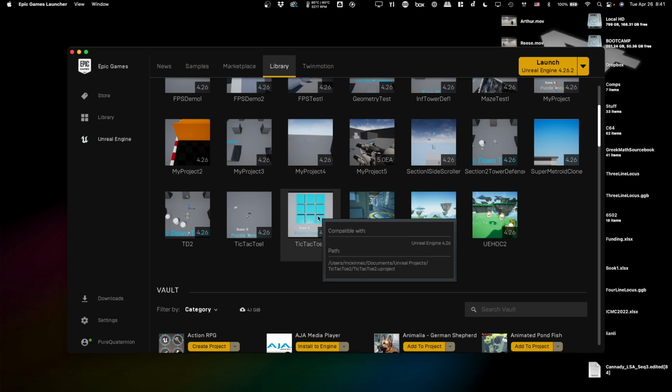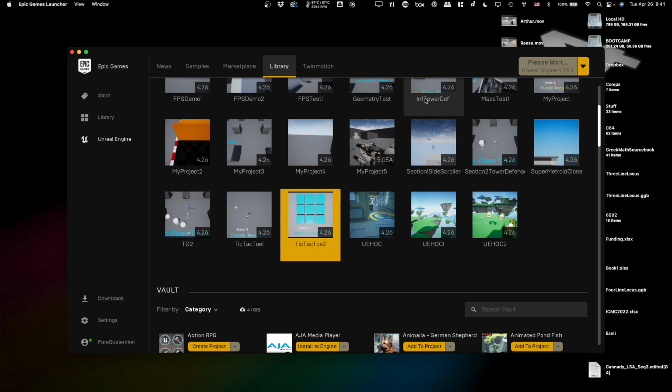Okay, so I'm going to open this project in Unreal Engine. Okay, and it'll take a minute to load. And while it's doing that, I'll talk briefly about a little bit of the history of Unreal